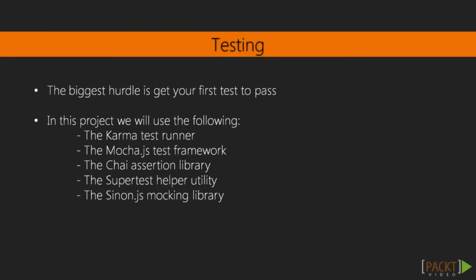Therefore, we'll help you get past that first big hurdle as we develop our application by setting up our project with a unit test framework. We'll be using the Karma test runner, the Mocha.js test framework, and the Chai assertion library. We'll also be utilizing the supertest helper utility and the Sinon.js mocking library. Wow, that's a lot of tools. But they're simpler than they sound. There are some great reasons to use these tools, and we'll get into that more